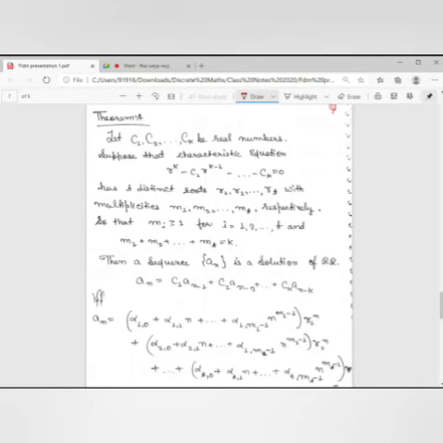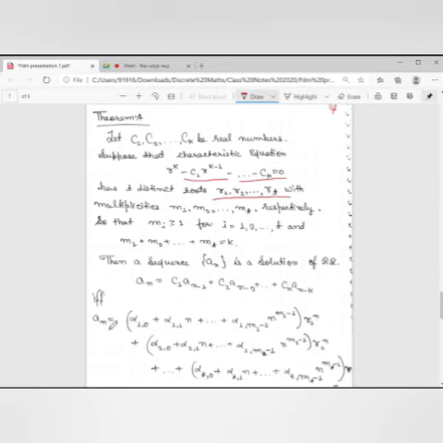Suppose the characteristic equation r^k - c1 r^(k-1) - ... - ck = 0 has t distinct roots r1, r2, up to rt with multiplicities m1, m2, up to mt respectively, so that mi is greater than or equal to 1 for i = 1, 2, up to t, and m1 + m2 + ... + mt = k. Then a sequence an is a solution of the recurrence relation an = c1 a(n-1) + c2 a(n-2) + ... + ck a(n-k)